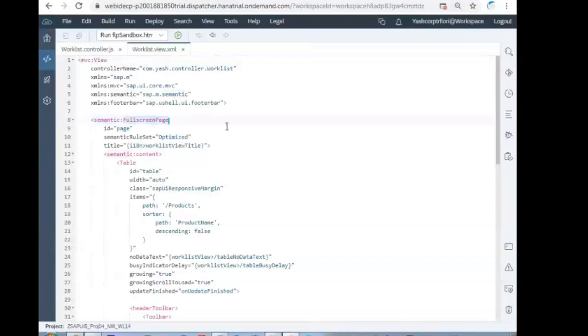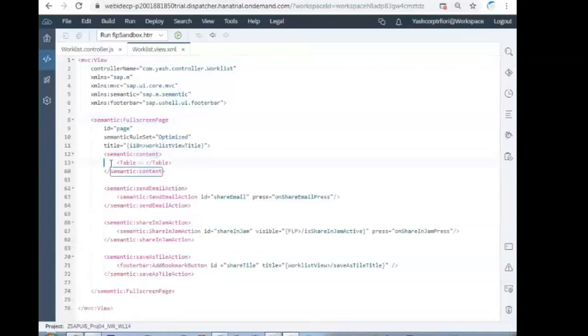Semantic full screen page. I was telling you about the semantic page. Semantic full screen page content. Between the content goes here. So they have used the table control.